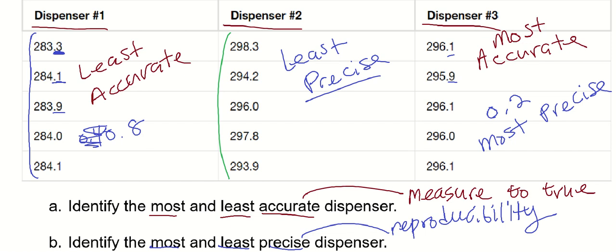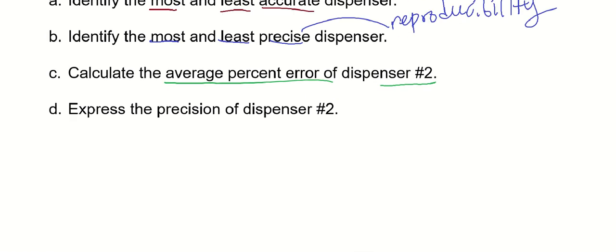My calculator's going crazy. All right, here we go. 298.3. I keep pressing the wrong button. Sorry. 298.3. I have a new calculator. Plus 294.2 plus 296 plus 297.8 plus 293.9 equals 1480.2 divided by, there are 5 trials. So the average, dispenser 2,